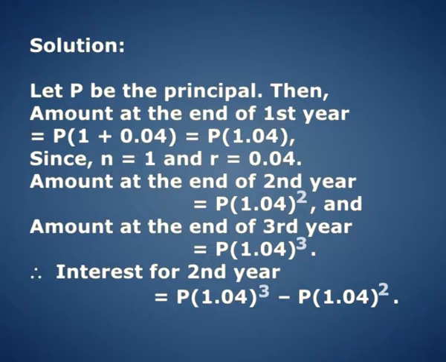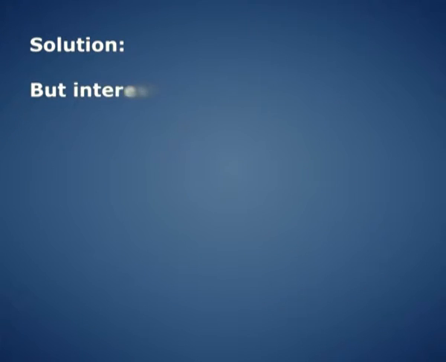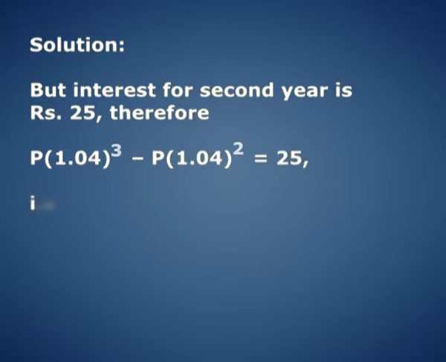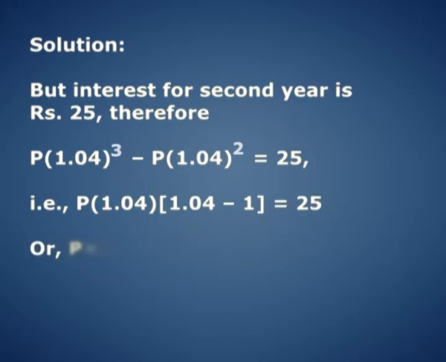Now the interest for the second year will be equal to P times 1.04 to the power 3 minus P times 1.04 to the power 2. But the interest for the second year is rupees 25. Therefore, P times 1.04 to the power 3 minus P times 1.04 to the power 2 is equal to 25. That is, P times 1.04 into (1.04 minus 1) is equal to 25, or P times 1.04 into 0.04 is